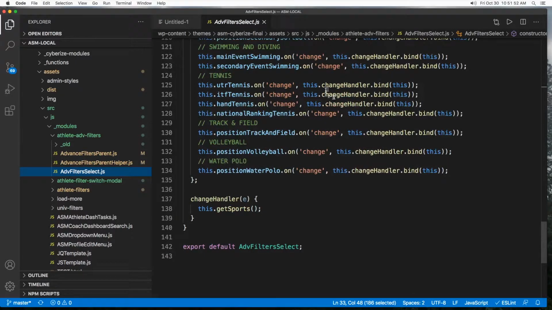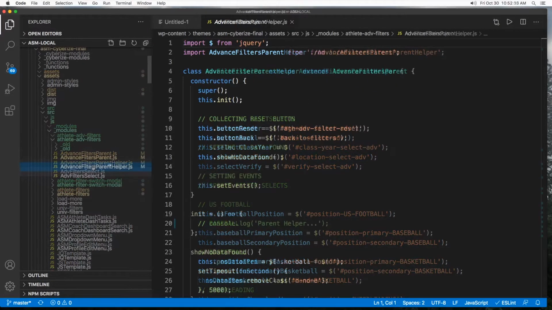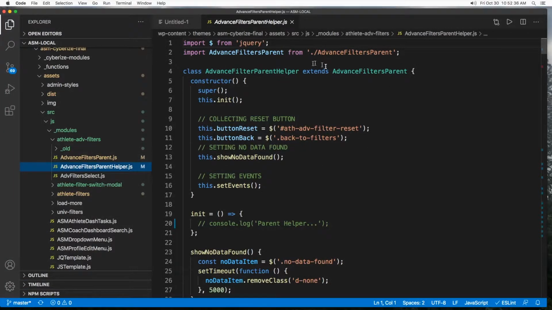And then one change handler function is called, and there I'm calling only one simple function, this.getSports, which belongs in the parents, because if you go all the way to the top, you can see available filter select extends advanced filter parent helper. This guy is the parent. This is the file I'm calling that function from, and the reason I'm calling it helper is because it also has some helper functions that are used throughout this file and the child file,